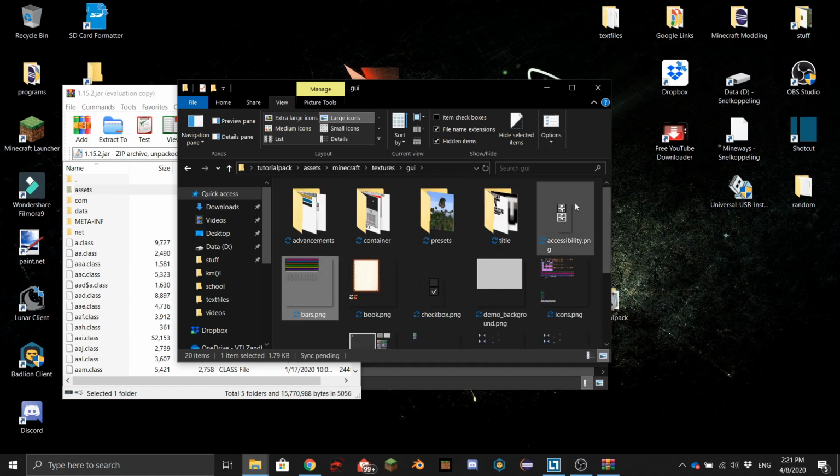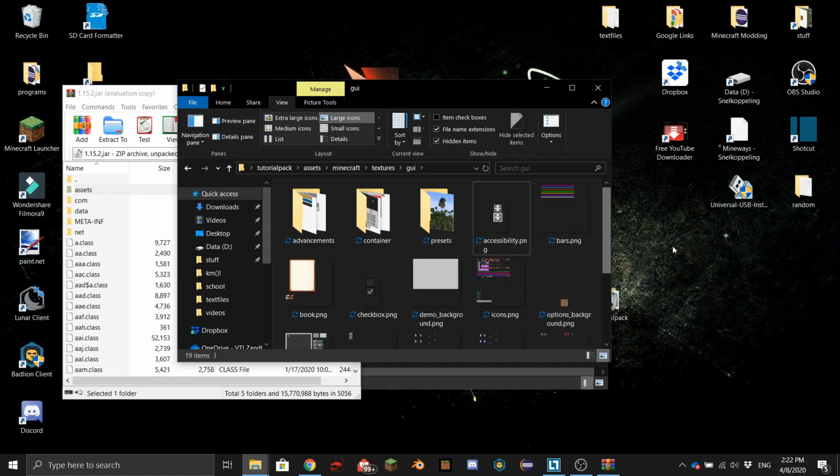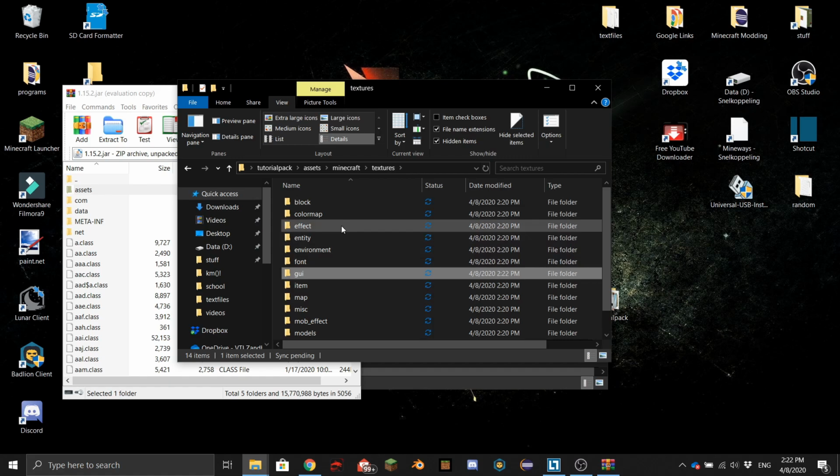So if you go into GUI, and I want to delete the title, so I just delete that. Otherwise the background of your Minecraft will be just gray, and you don't want that. Unless you want to change it to your own thing, you can just add it in. You know where we found it, update the Minecraft and versions 1.15 in assets and stuff. So yeah, then